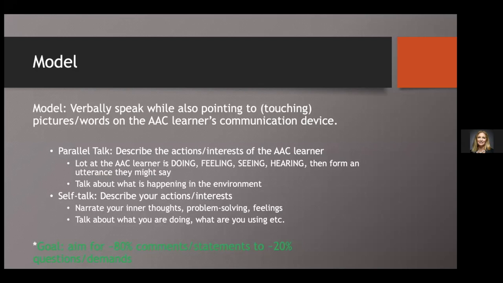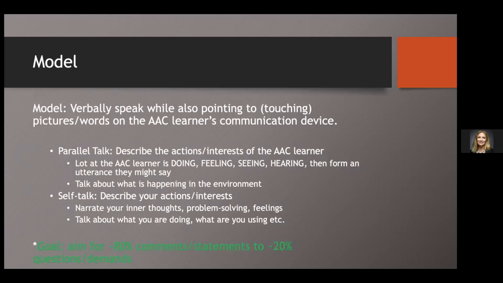The way that I coach families and teachers is to just talk about what's happening in real time. So it's not necessarily questions or demands. It's more that you're talking about everything that you're experiencing at that moment in time. It really makes it a lot easier to build those connections and have meaning behind things. You could push sad all day long, but if it's not corresponding with the way that you're feeling at that moment in time, then it doesn't make sense. So the goal is to aim for mostly 80% comments or statements and just